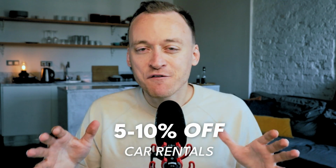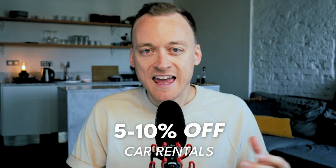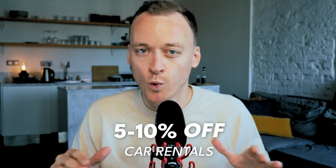20,000 Aeroplan points will get you a one-way flight just about anywhere in North America, and it's even enough for a round-trip flight between 2 relatively close cities, like Toronto or Montreal and New York or Boston, or Vancouver and Seattle or Portland. This makes the card pretty appealing for anyone who wants to quickly accumulate some Aeroplan points without spending anything out of pocket. You'll also get at least 5 to 10% off car rentals with Avis and Budget Rent a Car locations worldwide, which is